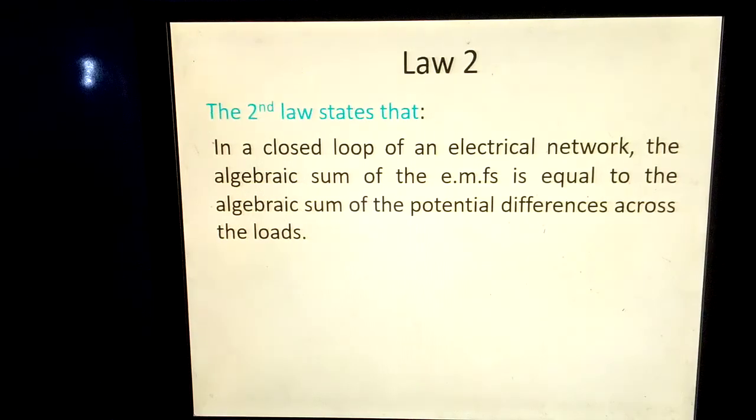The second law states that in a closed loop of an electrical network, the algebraic sum of all the EMFs is equal to the algebraic sum of all the potential differences across the loads in the loop. So when we consider a loop like this, it is a closed loop. There is no key open in the loop. So when we consider a loop like this, what the law is saying is that the